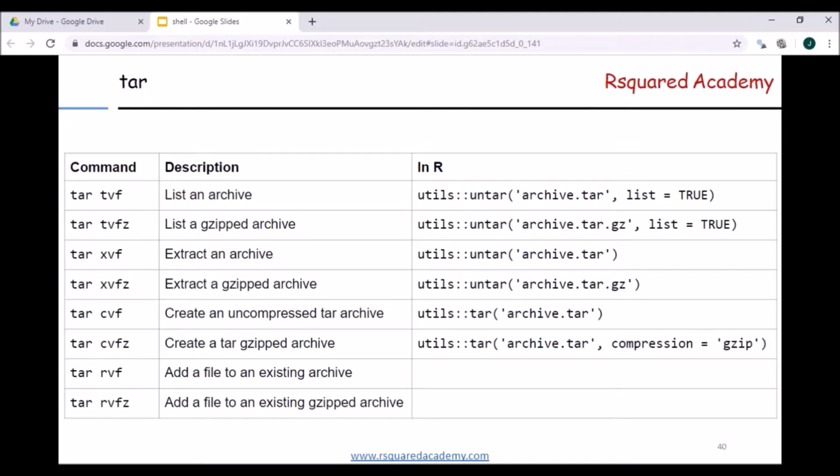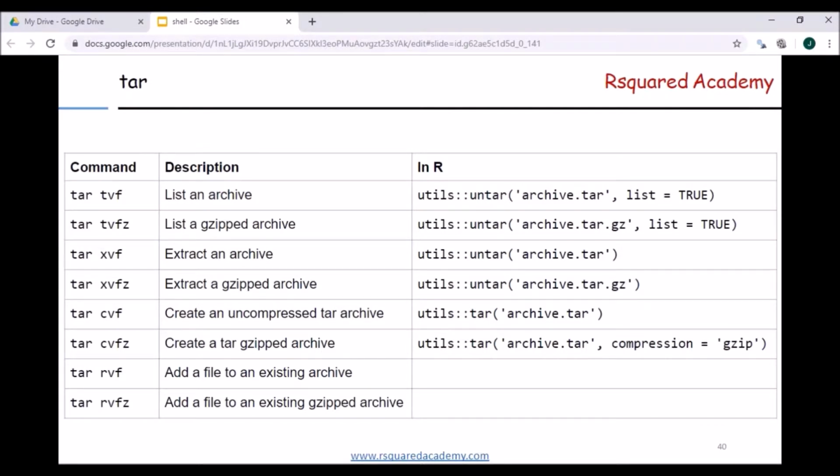Now I'll first talk about the v and f, which are common in all of these commands. V stands for verbosely show, so show what is happening, what is being archived, what is being decompressed, what is being extracted. And F stands for file name type of the archive file. So V stands for verbosely show the .tar file progress, and the F stands for file name type of the archive file. Those 2 options are common for all of the operations,